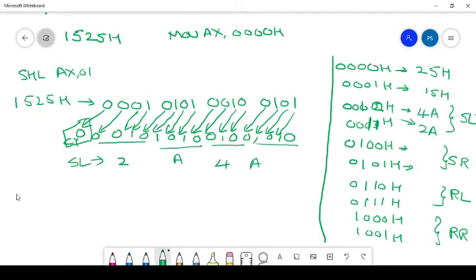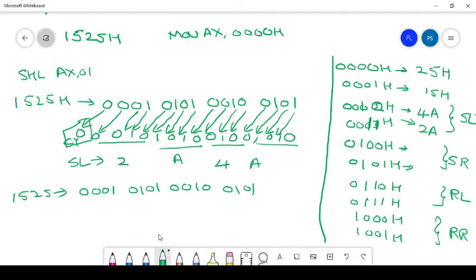In a similar way, we'll go for shift right. The same number 1525, that is 0001 0101 0010 0101. So you have to go for shift right.